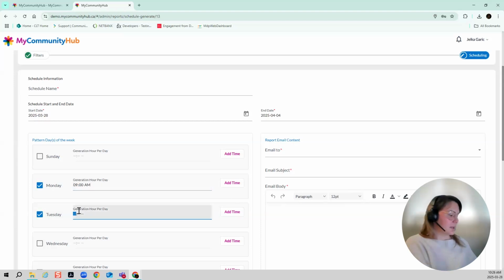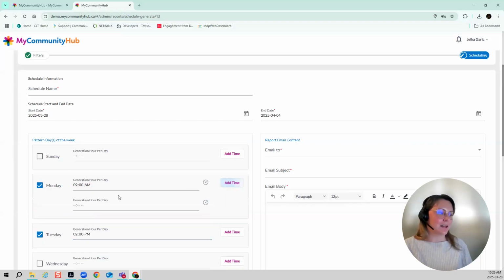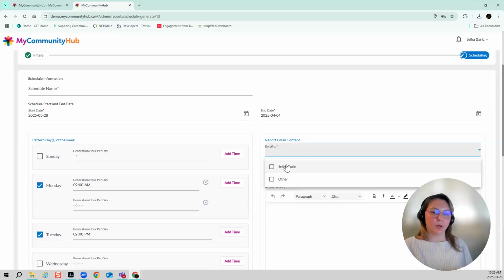And this I can say at 2 p.m., for example, and I can add multiple times in a day. So if I wanted to run every hour of the day, I can, but I can add a time in and select that time. I'll email to, so who do I want it emailed to? Any admins that are on my account, I can select them, or I can select other and put in an email address of someone who is not part of the MyCommunityHub